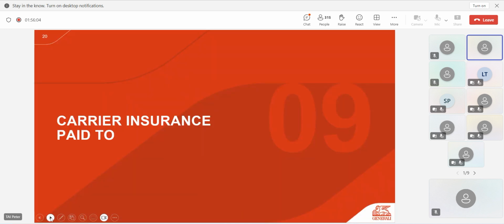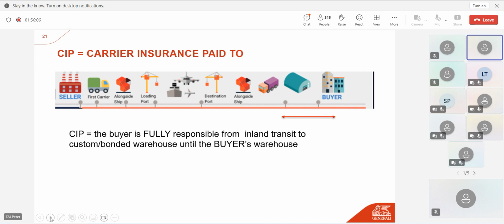Carrier insurance paid to. Okay, this is called CIP. Again, once it's issued on a CIP, the buyer is only responsible for the inland transit between the bonded warehouse and their own warehouse. So that means it's very, very short. If it's CIP, the seller is responsible for the big chunk of the way, all the way to the bonded warehouse, and the buyer just has to